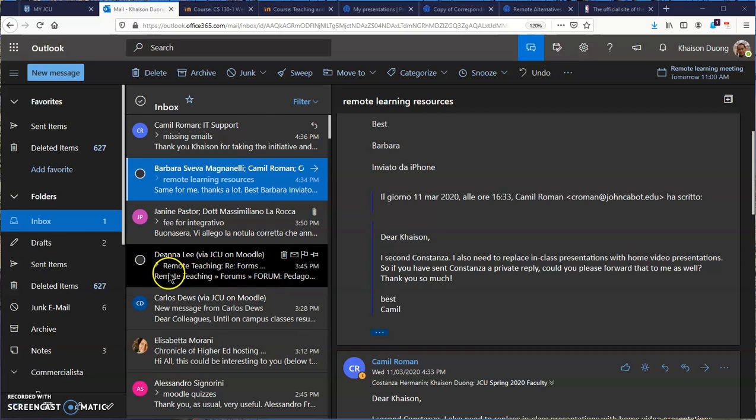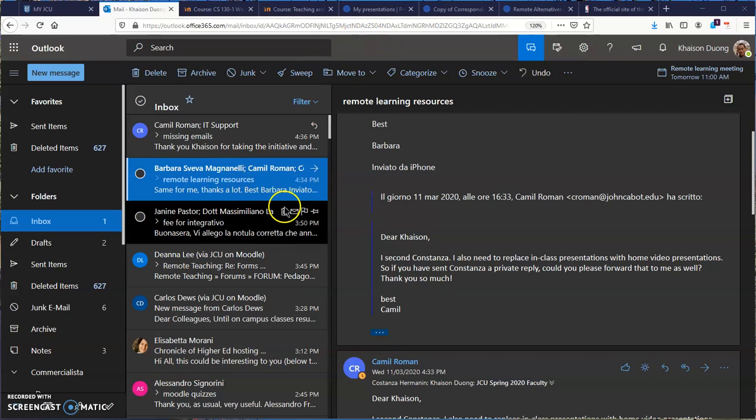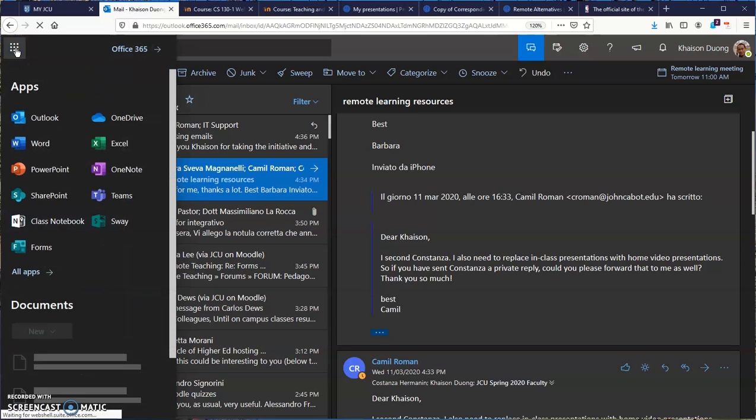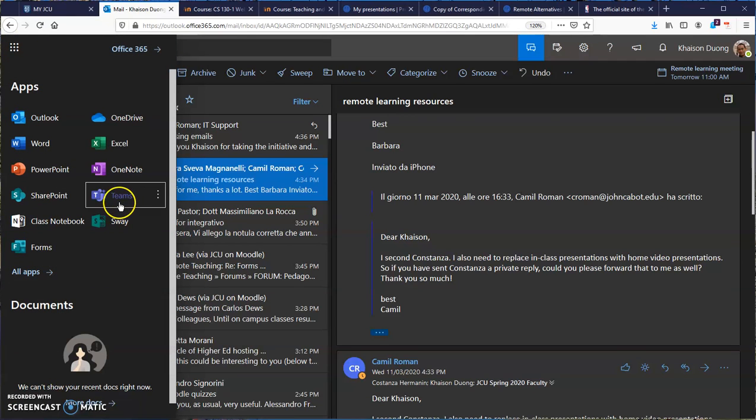Okay, so in order to get to Microsoft Teams, the easiest thing to do is use your John Cabot account, because all of our John Cabot accounts have been linked to Microsoft Teams. So you can either go onto the Microsoft Teams website or you can go through your email. Everybody should know how to go onto their email. Once you're in your email, go into the apps, and you should find Microsoft Teams. Once you click on that,